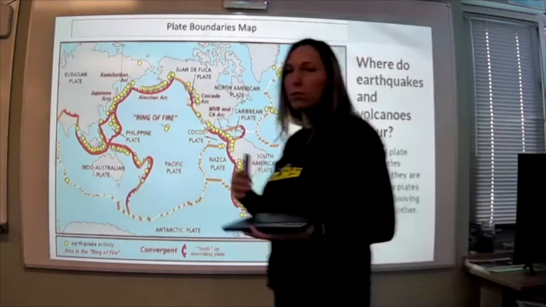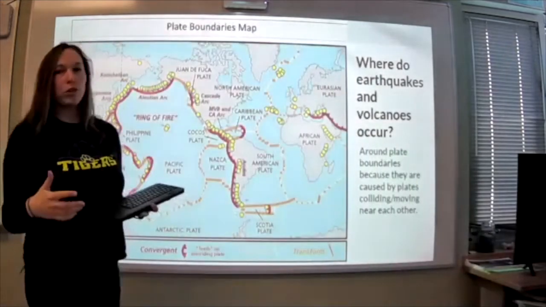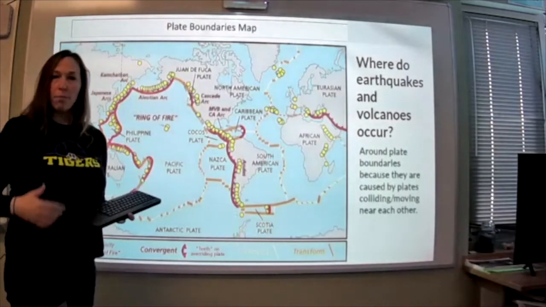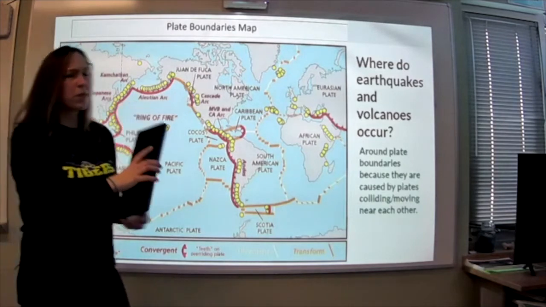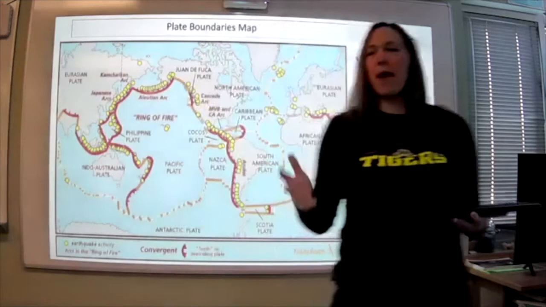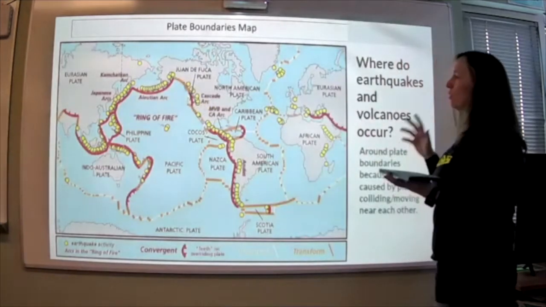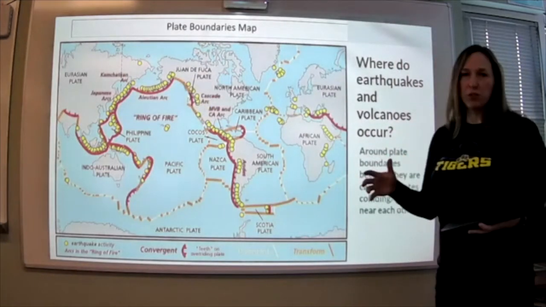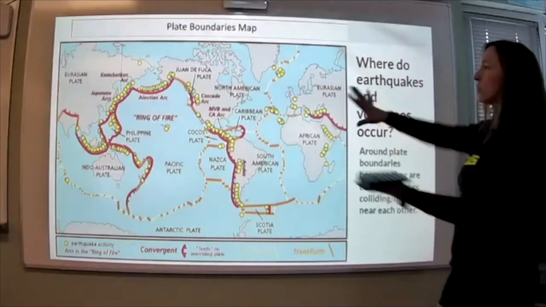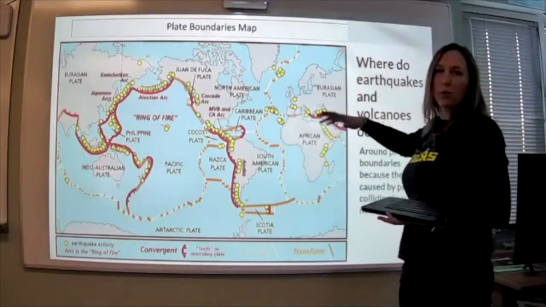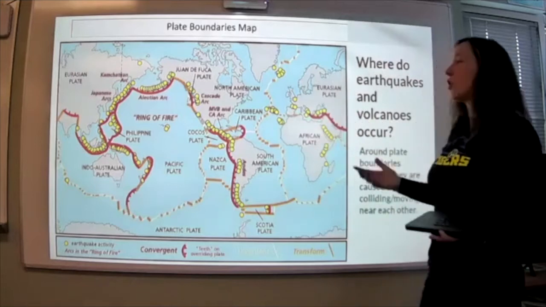So this is something that we did a group activity on where you were looking at volcano maps, looking at earthquake maps. So you're looking at maps and you're trying to understand what are the geographical features that correspond with plate boundaries. That's ultimately what we're looking at. How does the shape of the surface of our planet change due to where